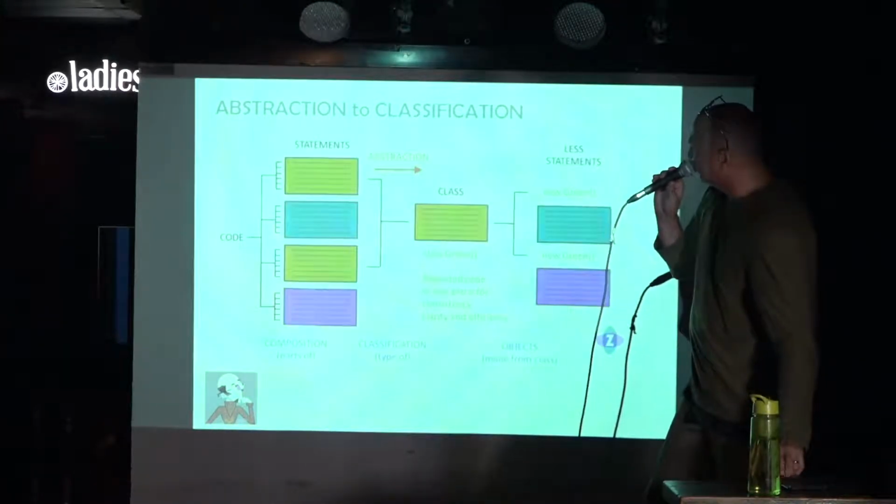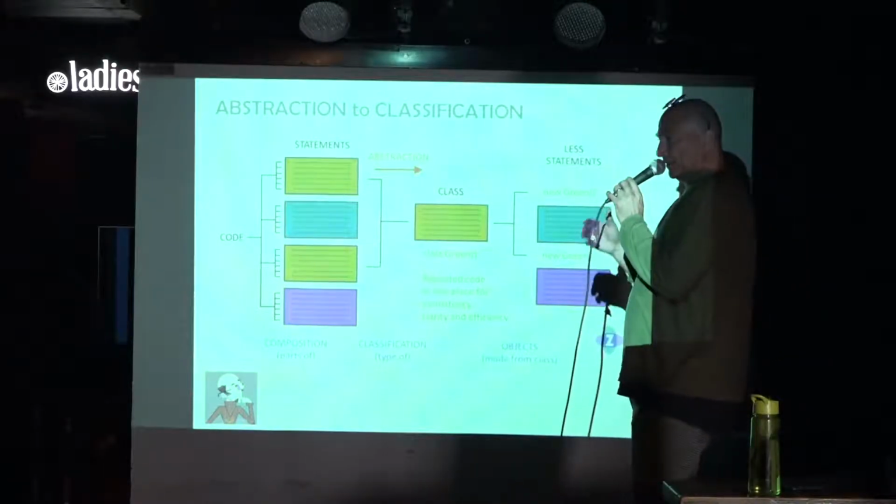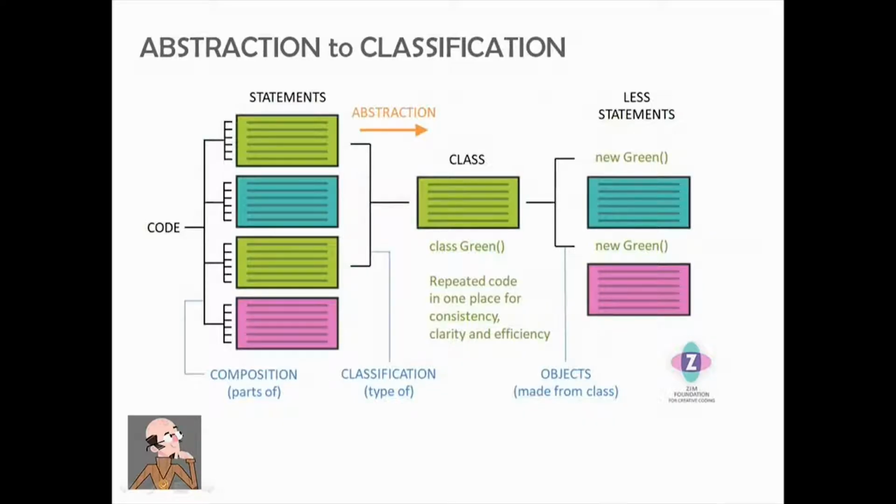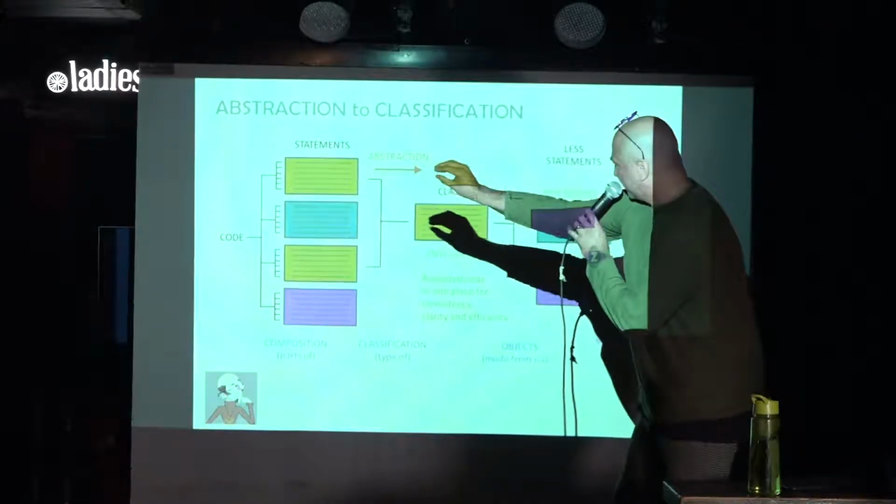Here's an example of abstraction in classification. It's similar. In our code, we've got a bunch of statements, which is composition, but we decide that this is something here that we're going to use. We see it again here, and instead of doing it in the same place twice, we abstract that out to